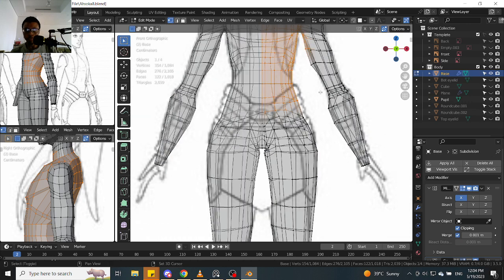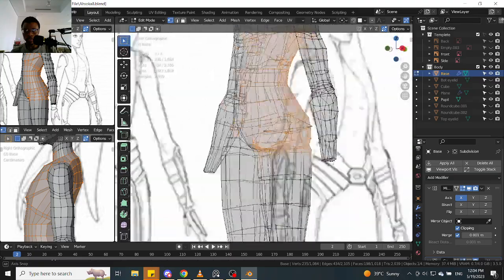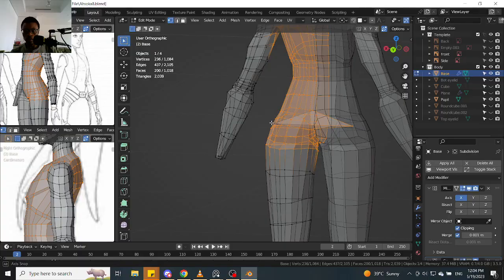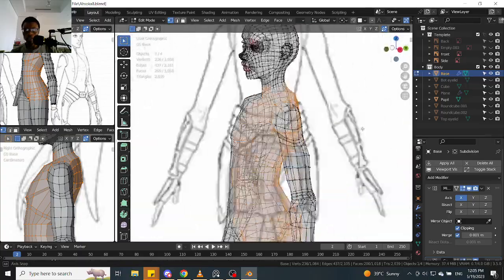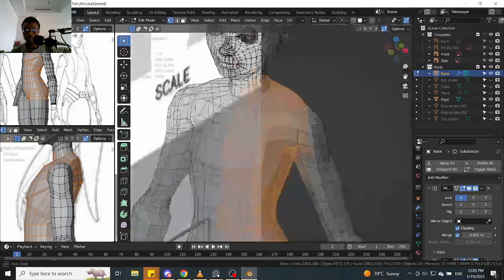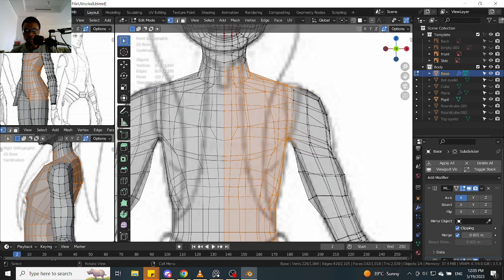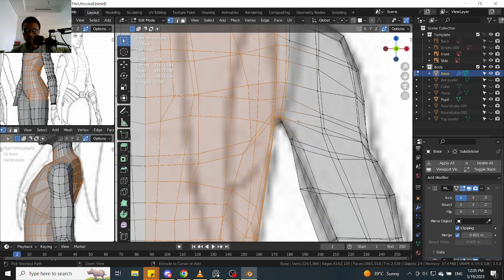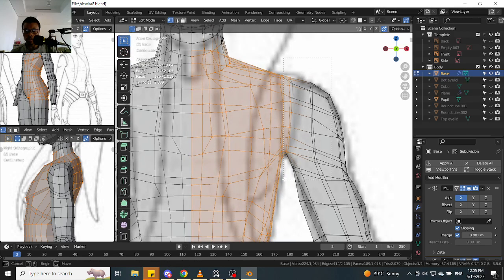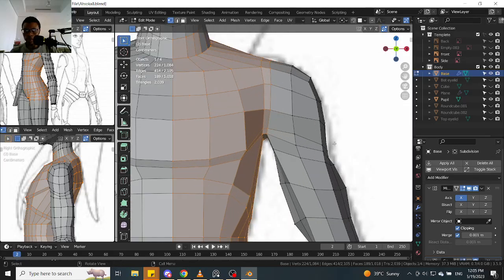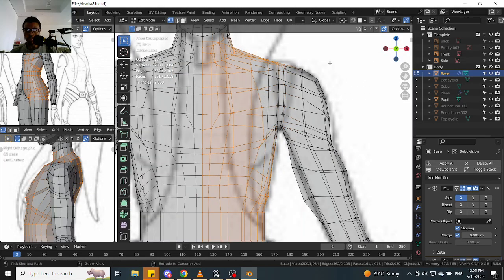Let's have all the way up to here. What is going on here? Okay, I'll fix that. I don't need these parts here. Actually, I'm gonna need this part because